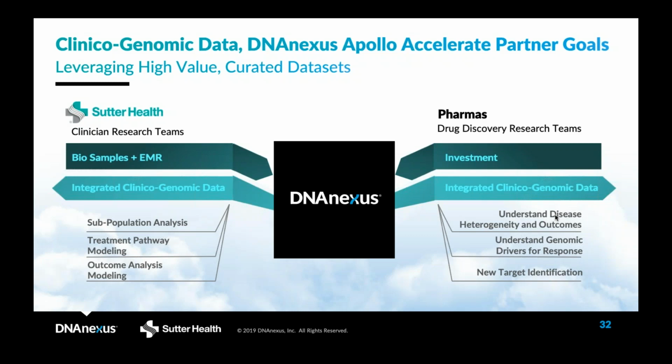And so as this all comes together, one of the things that was really critical in setting up this study was ensuring that our informed consent, as Sutter conducts the initial study visit, makes sure that patients understand that their de-identified data will be accessible to third parties. And so the section on the right really describes, so DNAnexus is making an investment here, Sutter Health clearly making an investment here, but pharma and biotech companies will have the opportunity to license access to this data through the DNAnexus platform in support of their own